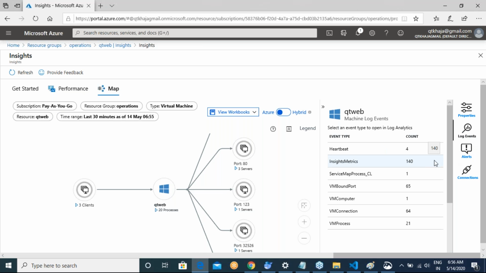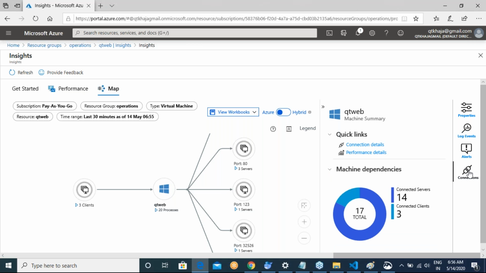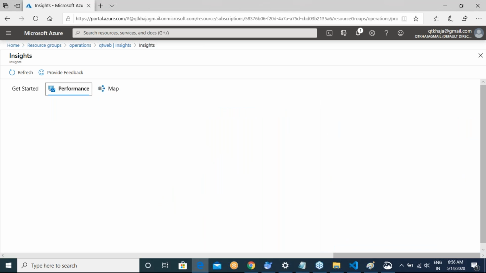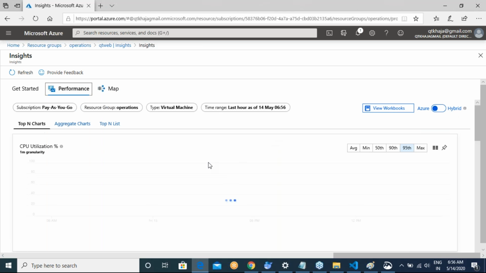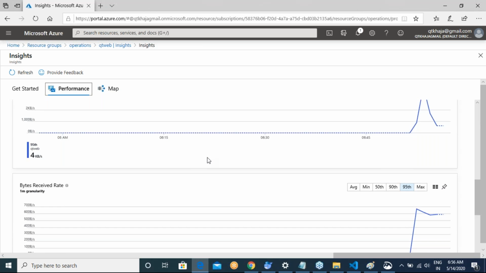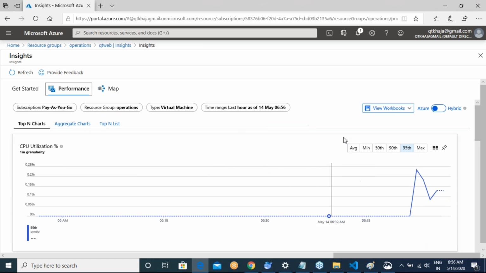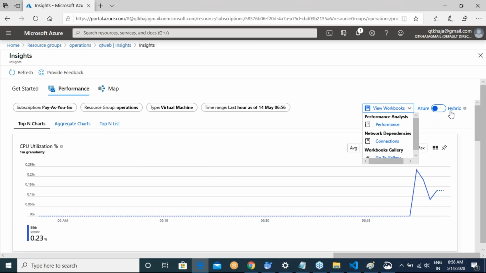Now in Monitor, you are getting various different sections saying what the alerts are which you got, what the different connections are which you have, what the whole performance information is which you have. So if you look into this data, you have almost all the settings. For example, here you are getting different graphs, and here you are getting different graphs. Are you seeing the Azure section and the hybrid section? Whenever you're working with on-premises stuff, you might be using the hybrid section. Now let me look at workbooks.